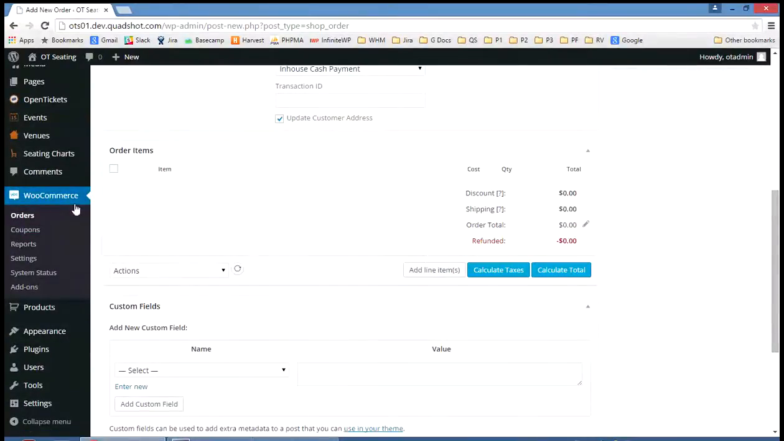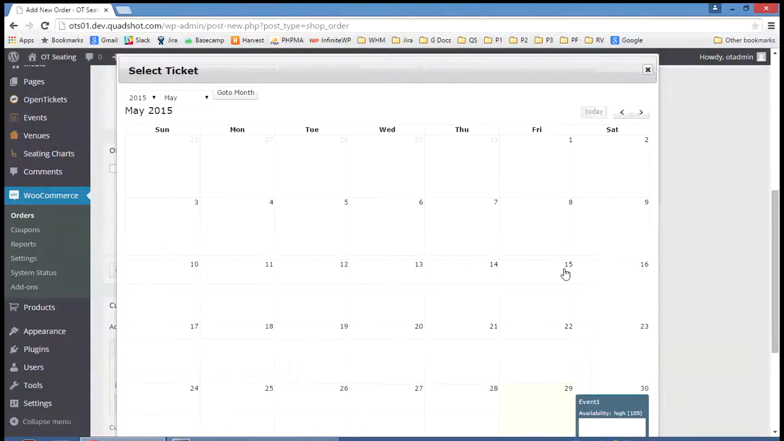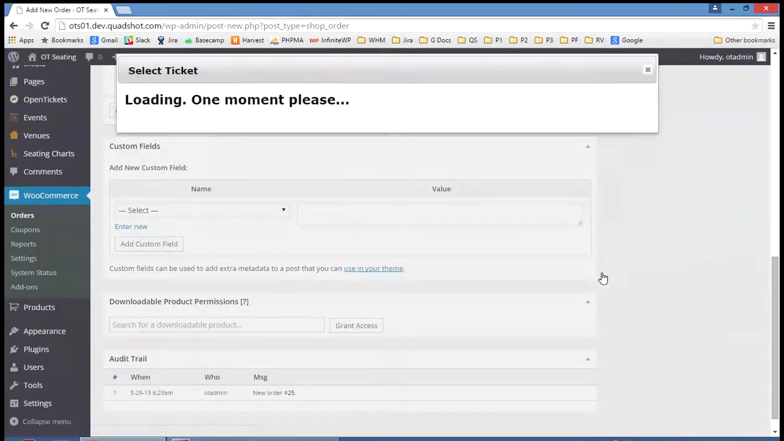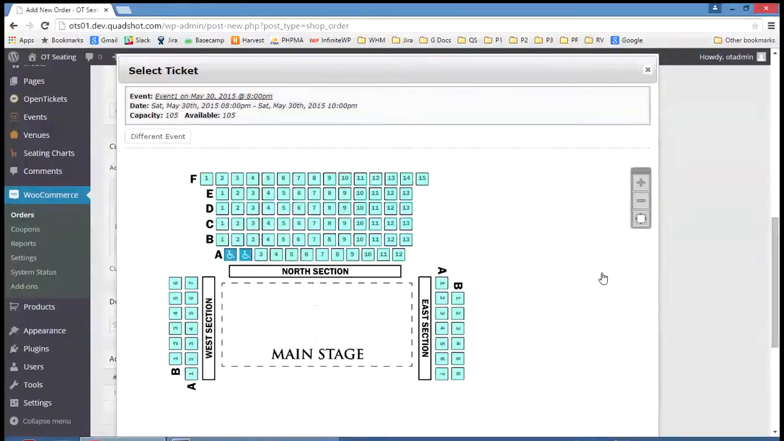Now what I need to do is, within the order items section here, select the tickets that they want to buy. So I'm going to click on Add Line Items, and from the resulting box I'm going to select Add Tickets, because they're going to be buying tickets from us. Immediately it pops up our event calendar, and I'm going to pick the event that I had previously created, Event 1. As I click on this, it loads in the seating chart, and I can now pick the seats that